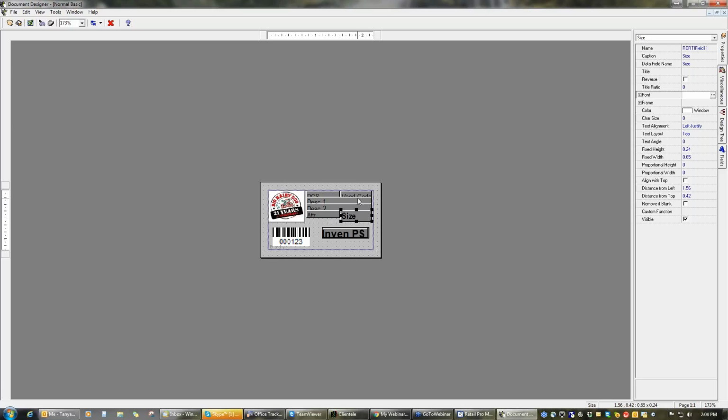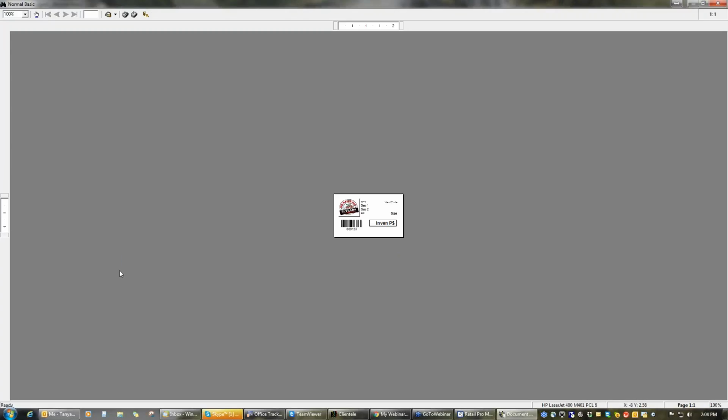Now I also want to have my size be right justified. So over here on my Properties tab, by default everything is left justified. I want to right justify this. I want to do the same for my vendor code. So when I look at this in the preview,